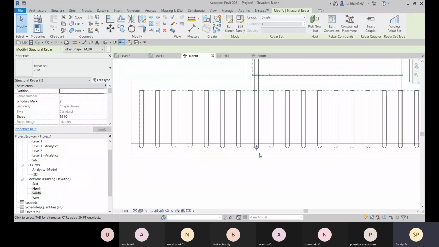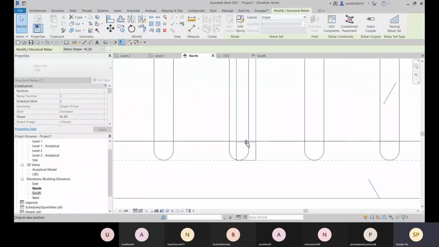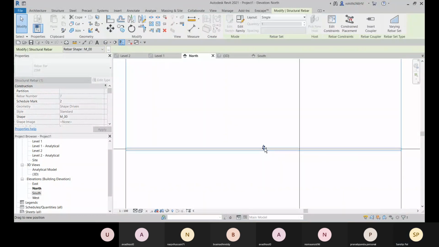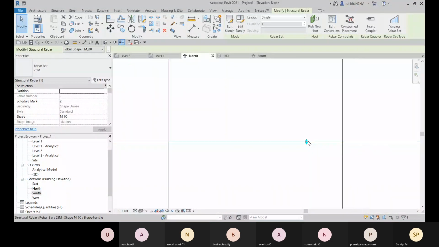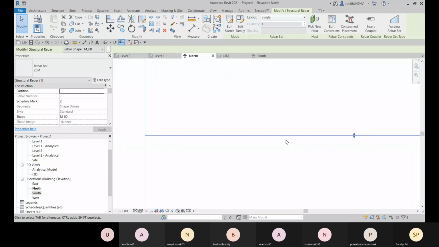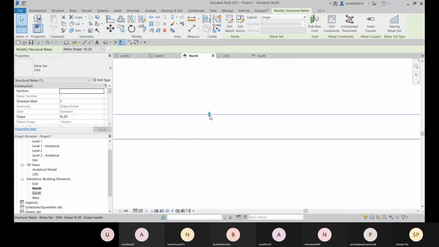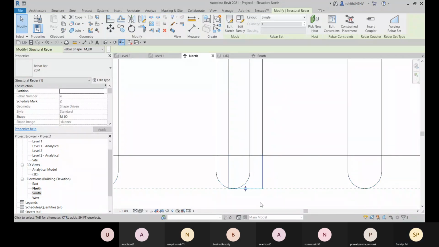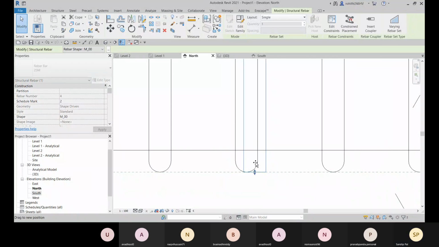Okay, so I have to drag it till there. Let me drag it to here. It's okay. So just zoom it out, and we have another one. Okay, like that.